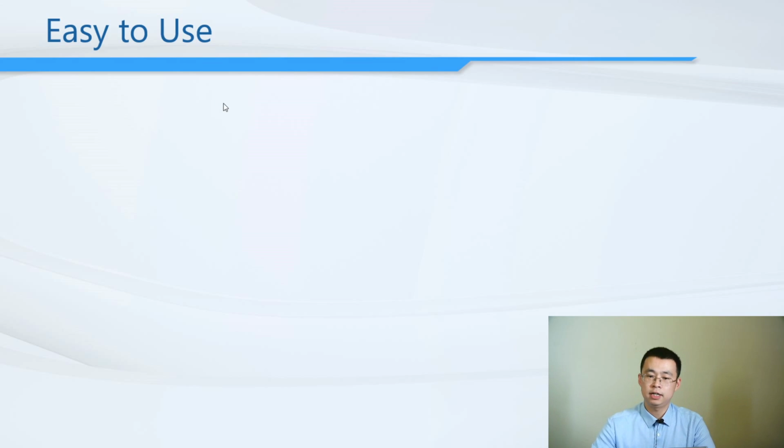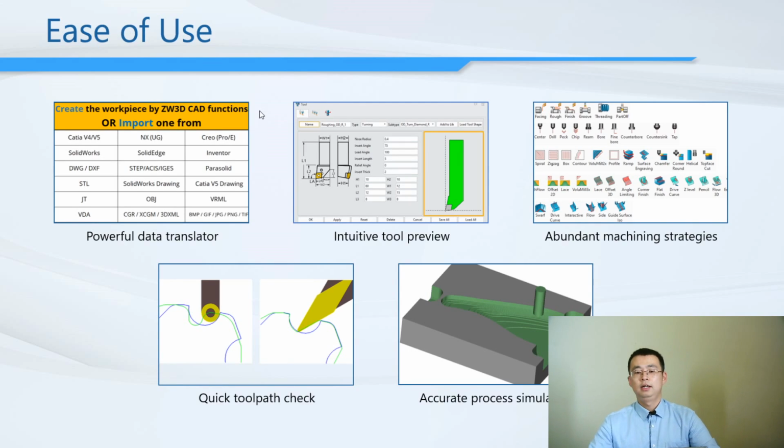Let's get back to the slides and take a quick review of the points I just talked about. First one, the powerful data translator. For ZW3D, it is not a problem to make data exchange. If your customers or your partners are working with another software, it is okay for ZW3D.